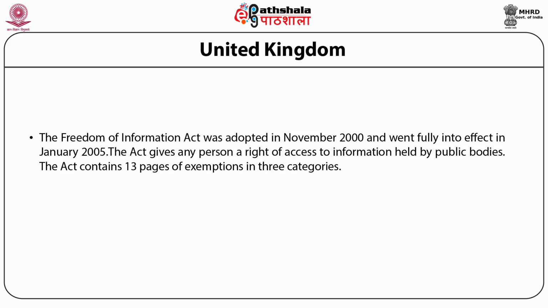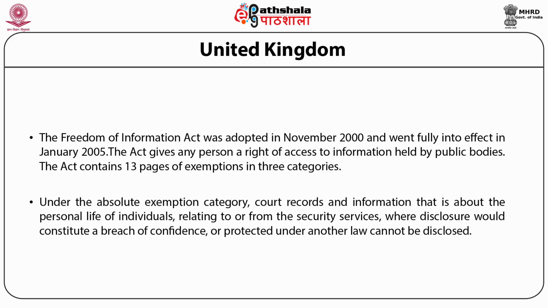The Act contains, however, 13 pages of exemptions in 3 categories. Under the absolute exemption category, court records and information about the personal life of individuals, relating to or from the security services, where disclosure would constitute a breach of confidence or is protected under any other law, cannot be disclosed. So, interestingly enough, if you remember, Prince Harry, who is currently, if I'm not mistaken,